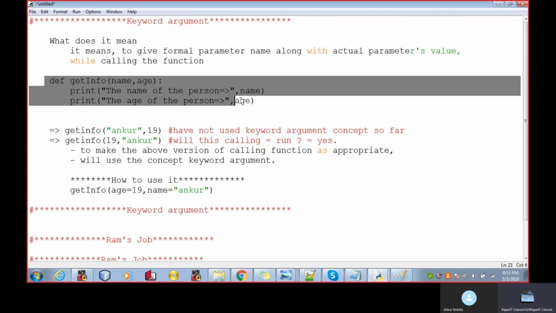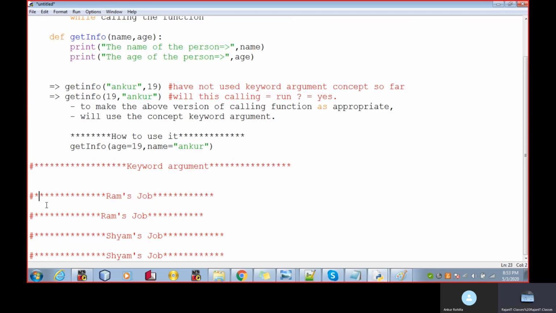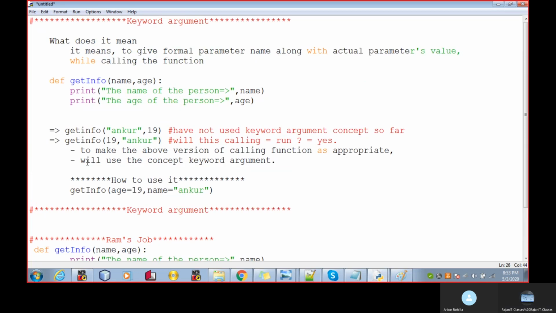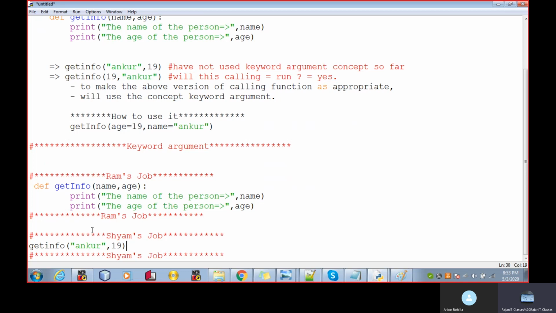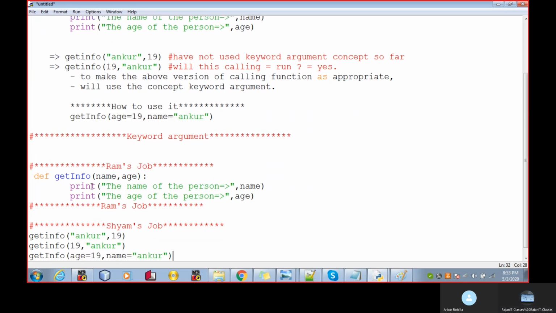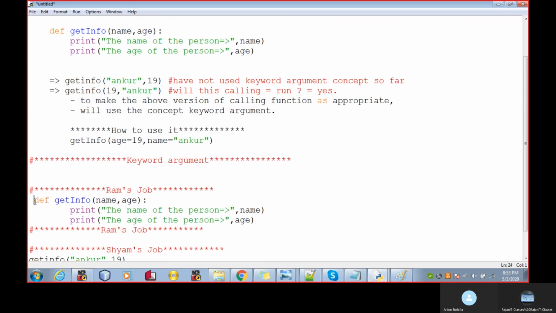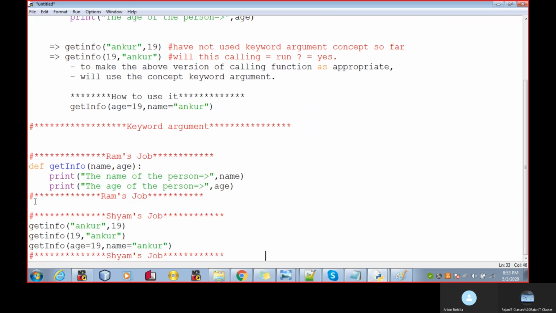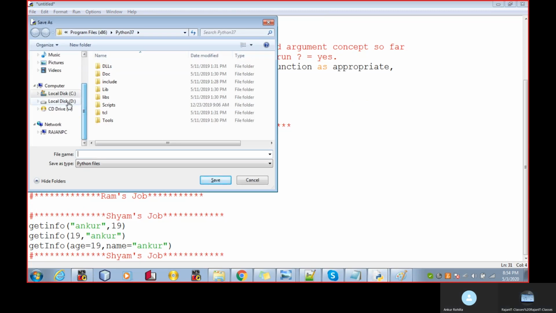This part completely at the RAM stop. Let me call this variant here. Out so far in the Ram's job and in the Shyam's job. Yes, sir.